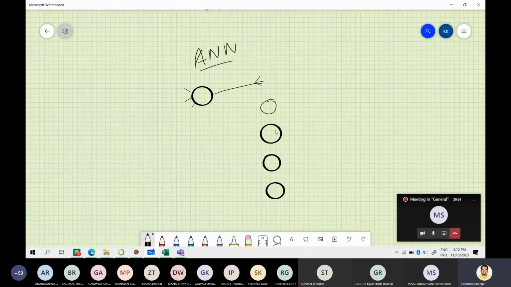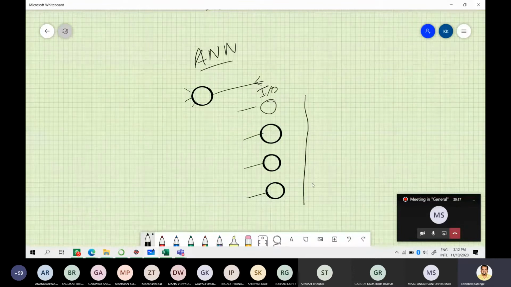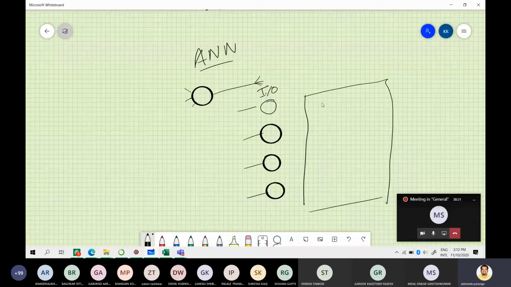But right now, we have layers. We have an input layer, right? And these are neurons. What these essentially are, are the input parameters, such as welding speed, welding current, welding voltage, and arc efficiency. This could be anything depending on your system. And this is the input layer. Then you have hidden layers or multiple neurons.